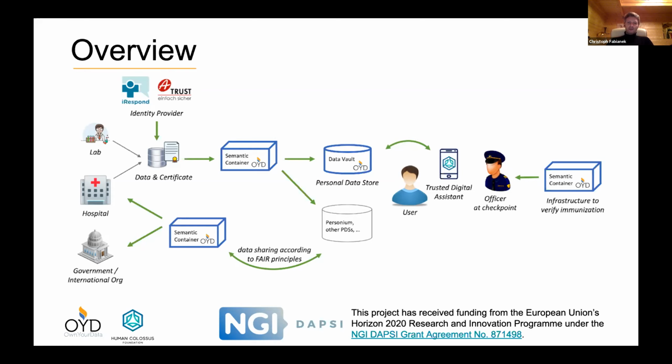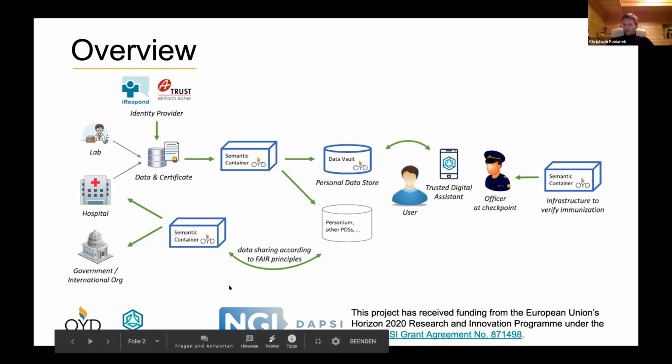And on the third data flow that we implemented, we said, okay, so there is now a lot of personal data in these personal data stores, be it the OwnYourData vault, be it Personium, be it Freezer from Salman. Is it possible, or what is necessary, to share this information back with the government, back with some hospitals, so that you say, okay, I have received now immunization and I want to provide information about a survey, how I felt one week after I received the immunization, if there were some symptoms in the coming weeks? How can this work? How can I share some additional information that I have maybe stored in my personal data store, and I want to give this in a traceable and a secure way?